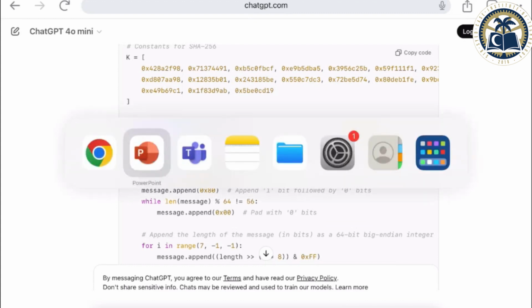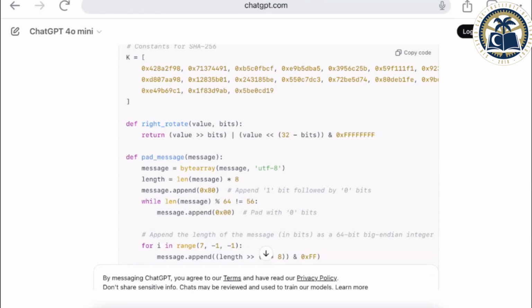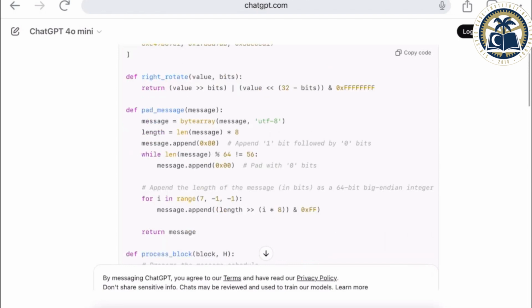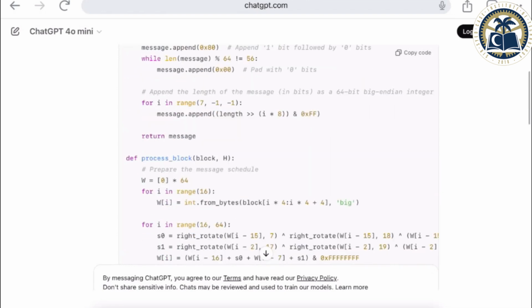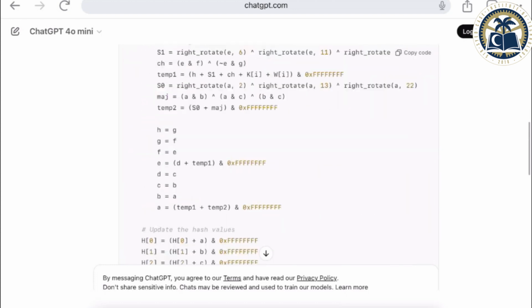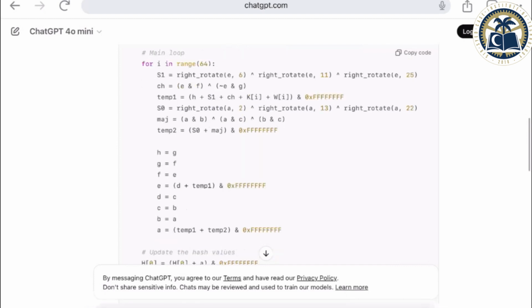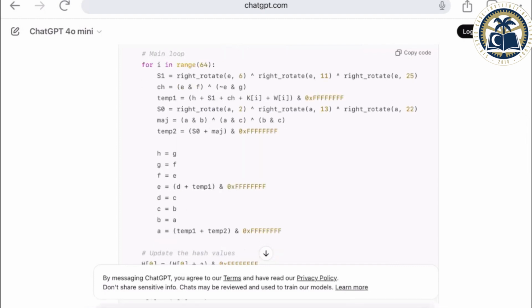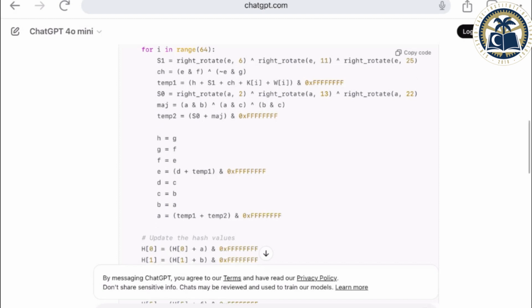So it has generated all of this code, can you see it? Okay, so it has actually generated all the code with all the constants and everything. Okay, can you see this? Now if you look,